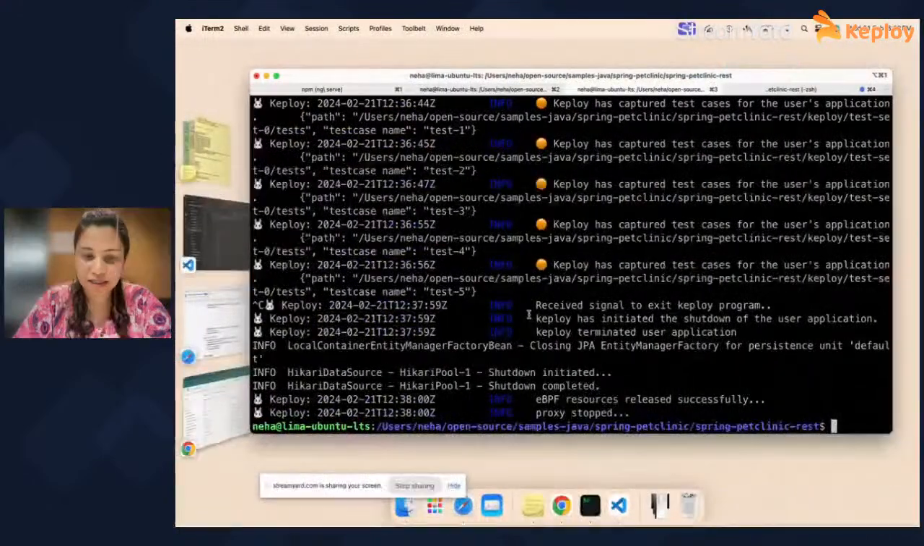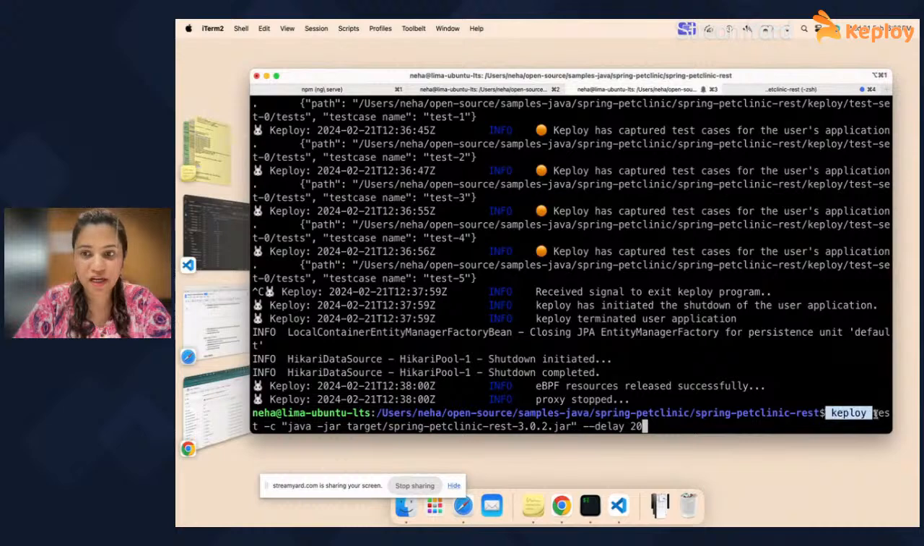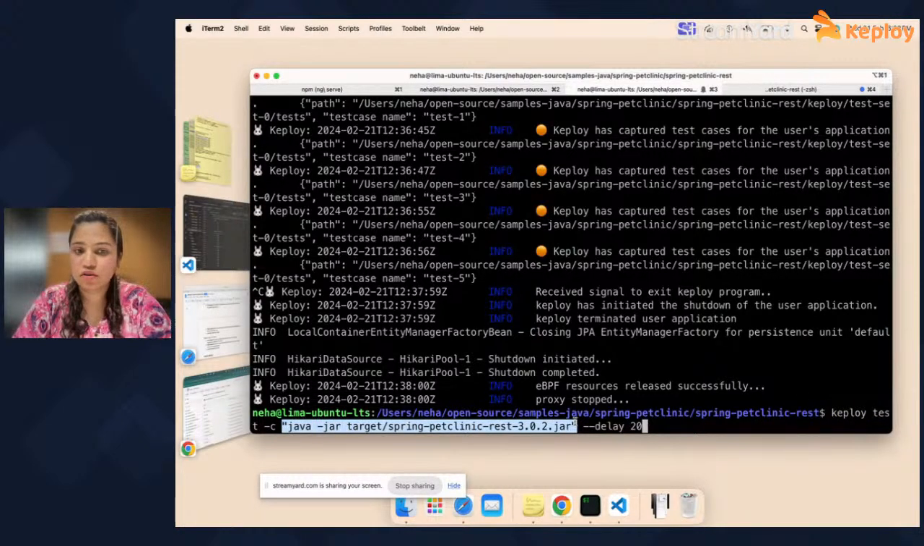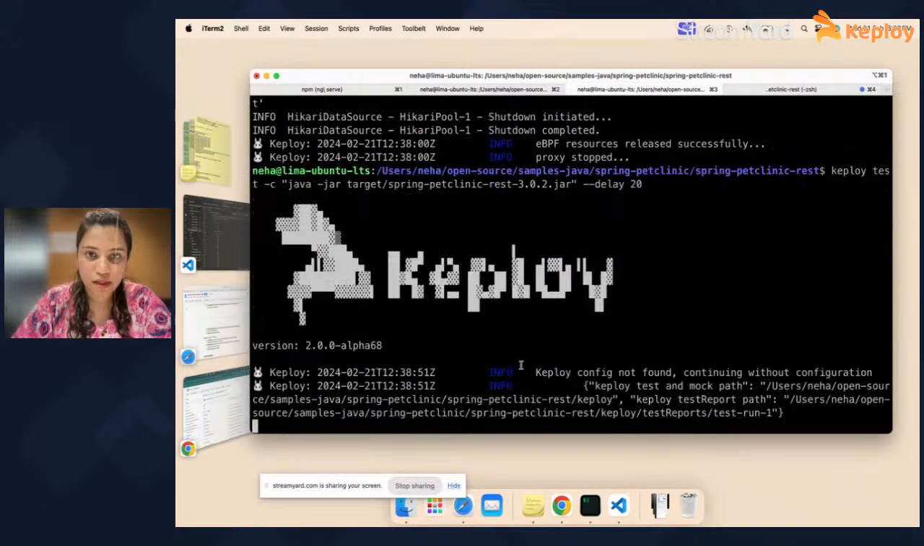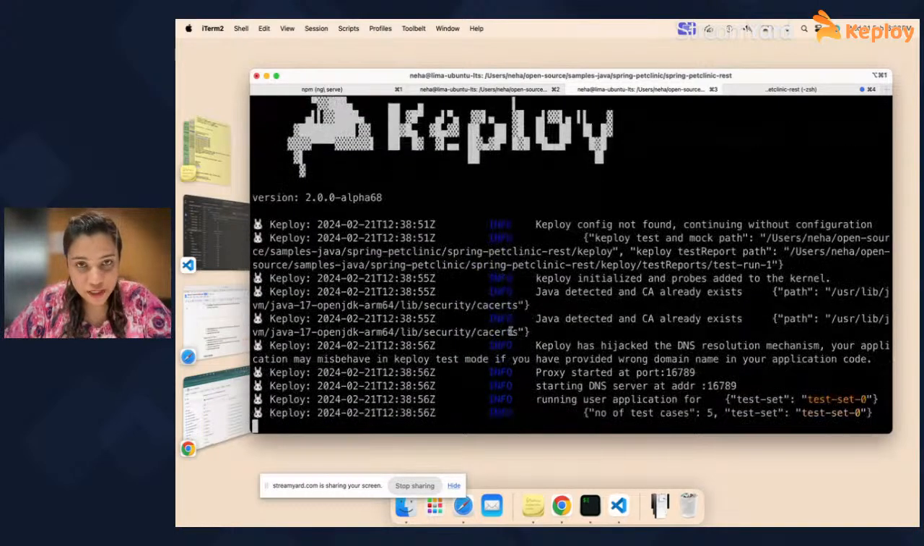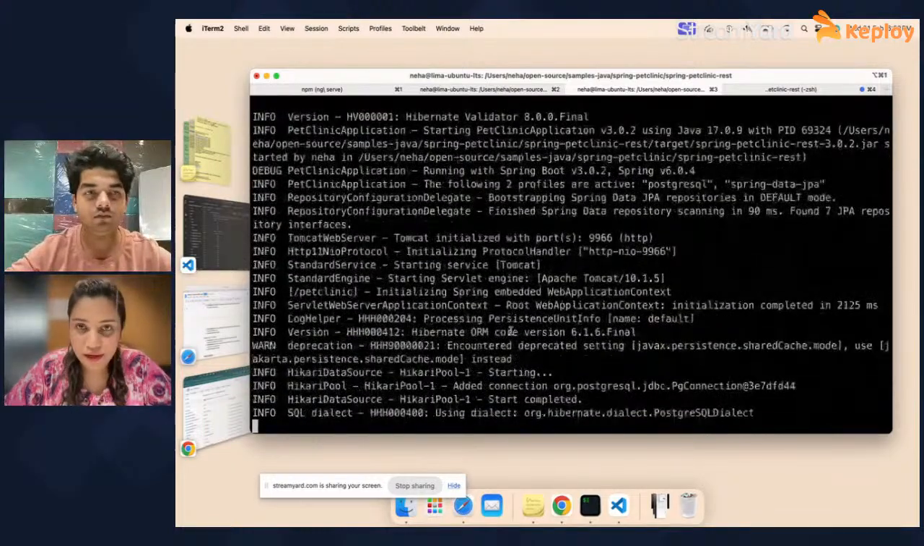I can run these test cases with deploy. Again, same deploy test command with a command to run the application, which is Java and the jar file here. I'm giving the delay because my application takes like initial 20 seconds to set up and build. So once I run this without Postgres, Keploy should be able to run all those API calls, like